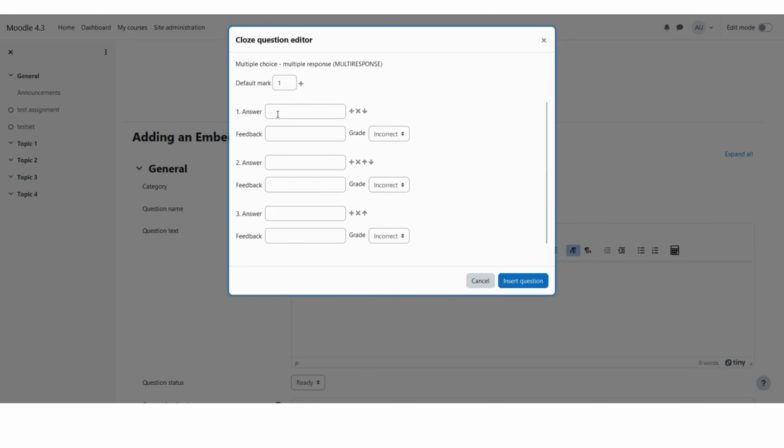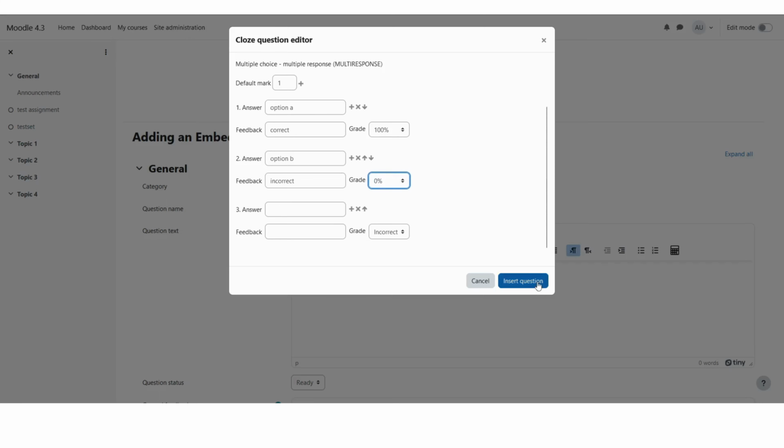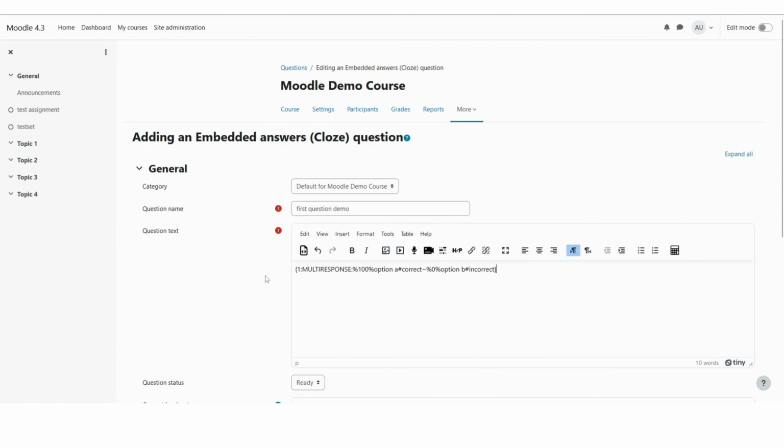Now here you can give the answer. So you can mention what is the answer for this one. Option A. Let me say that it is the correct one, and you can give the answer as correct or 100%. And then option B, incorrect, and then you can give it an answer of 0. And then click insert question. So here you can see that it has already added the